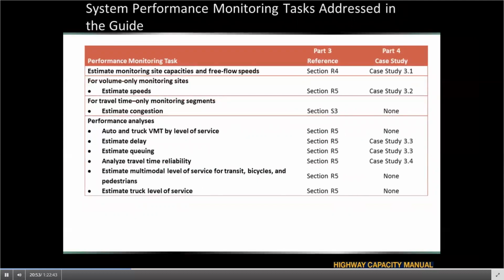Performance monitoring of the federal aid highway system is a requirement that was introduced by the MAP-21 Federal Highway Bill. The HCM analysis techniques are relevant to MAP-21 goal areas of congestion reduction, system reliability improvement, and freight movement. The guide can assist with system performance monitoring by providing techniques to estimate speeds, capacity, congestion, reliability, and